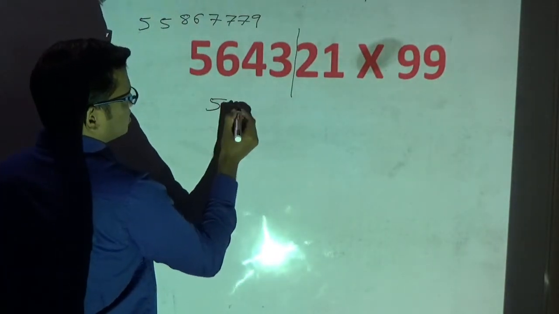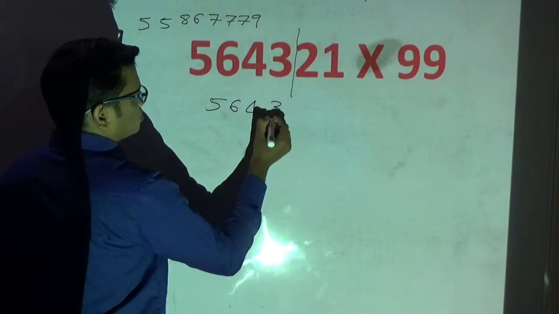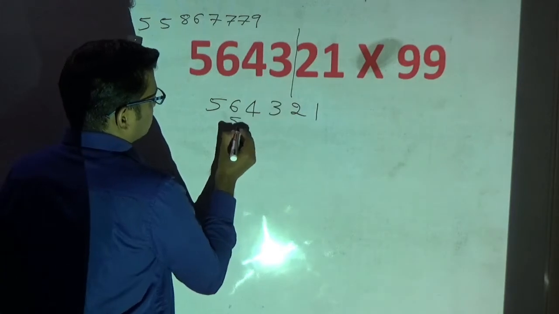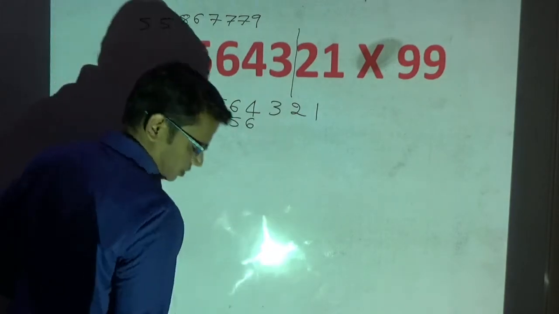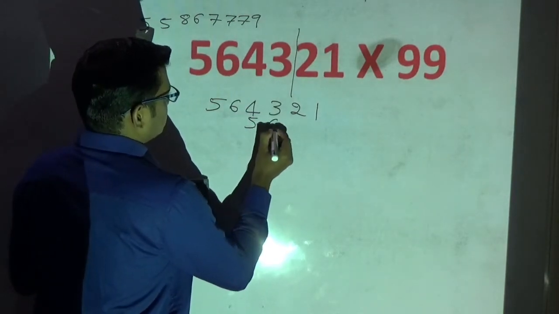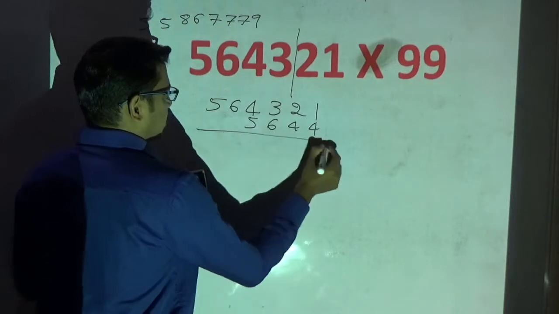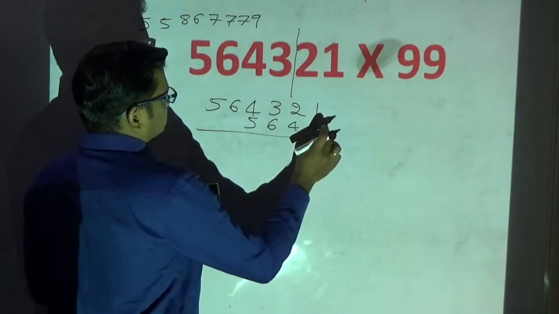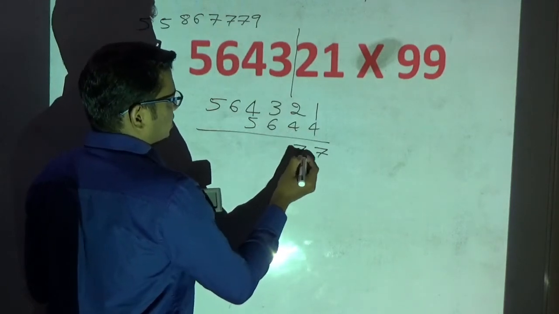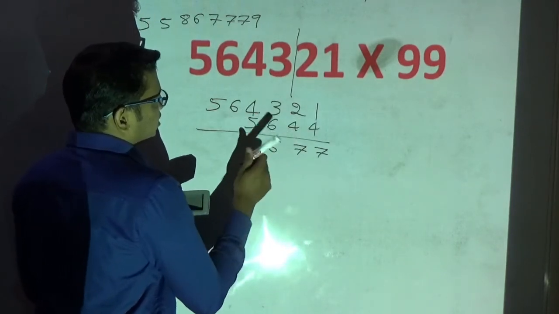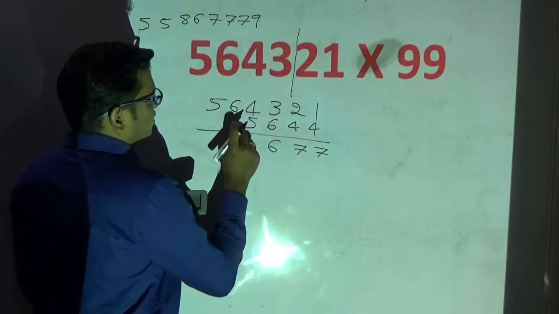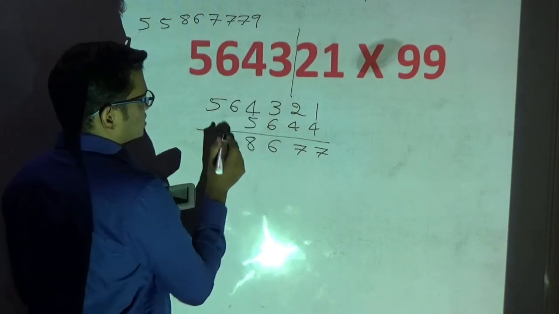First, I will write all the digits. 3, 1. Okay. Now, this I have to increase by 1. So, 5, 6, 4, 4. Now you subtract. This is 11. 11 minus 4 is 7. Okay. Now here again 11. 11 minus 4 is 7. Here 12. 12 minus 6 is 6. Okay. This is what I left out. 3, 13. 13 minus 5. What is 13 minus 5? 8. Okay. Then this is 5.